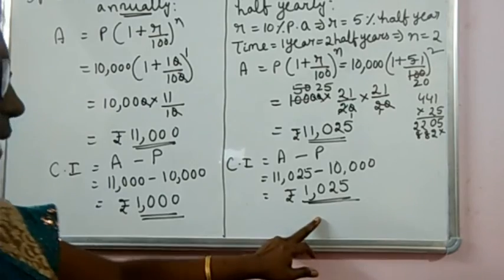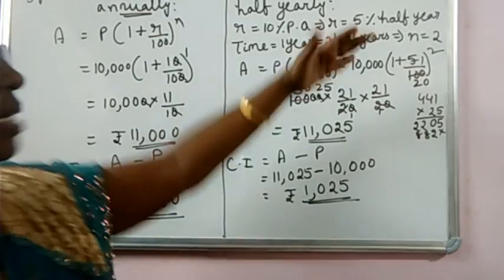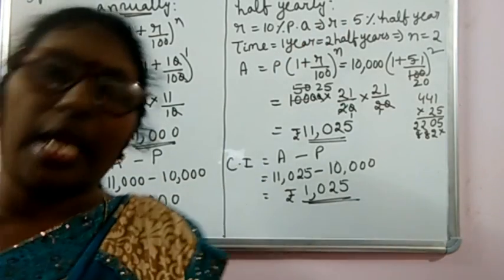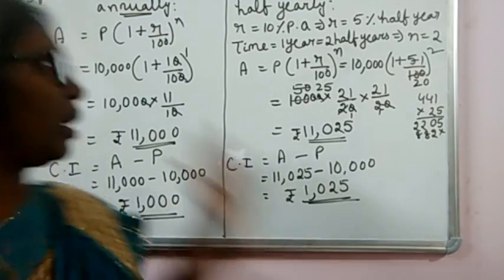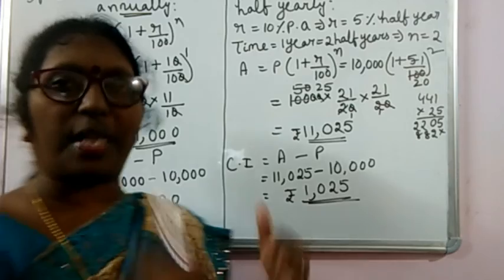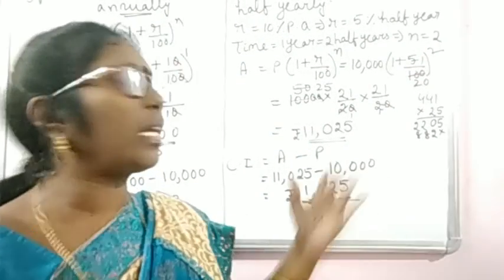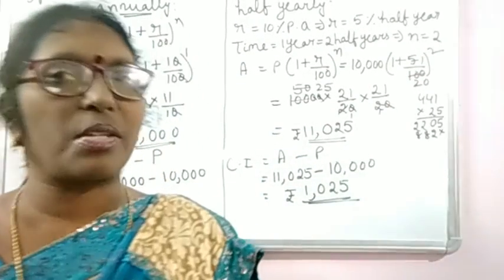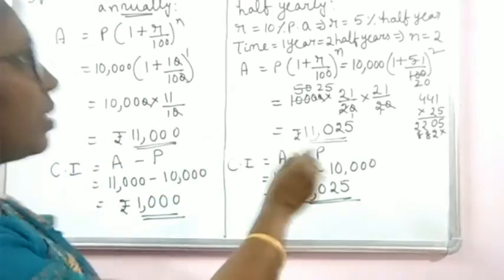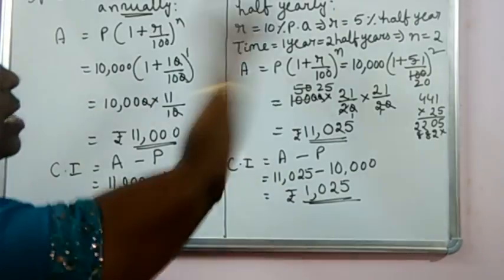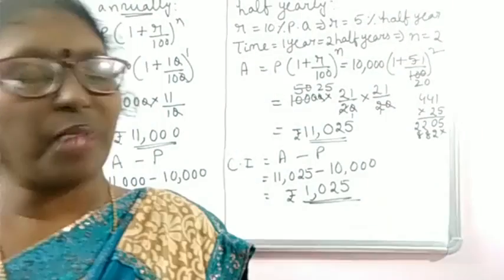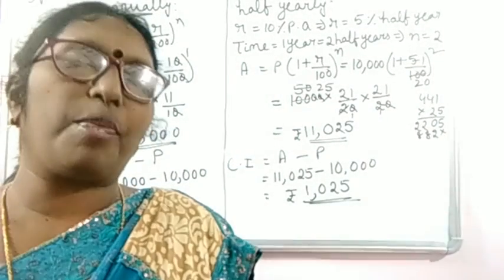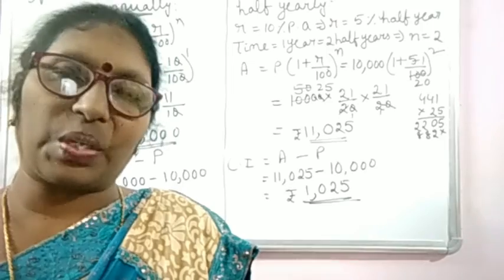So where you got more interest? Here, if the interest is compounded half yearly, you are getting more interest. Yes or no? Here only after 1 year it is compounding. Here every half year interest is compounding. I hope that clear difference between two for the same question. I hope the problem is clear to you. Please go through it. You will be able to understand well. Okay. Thank you.